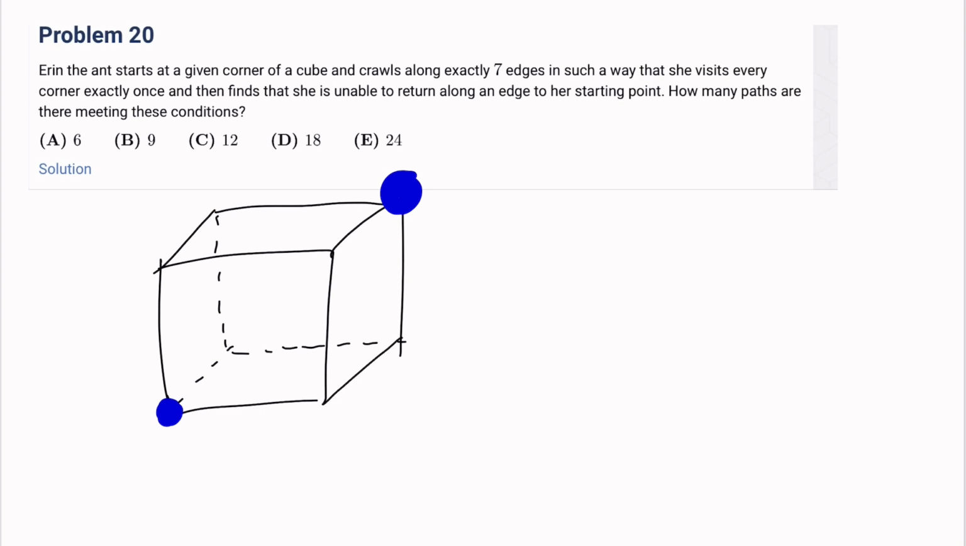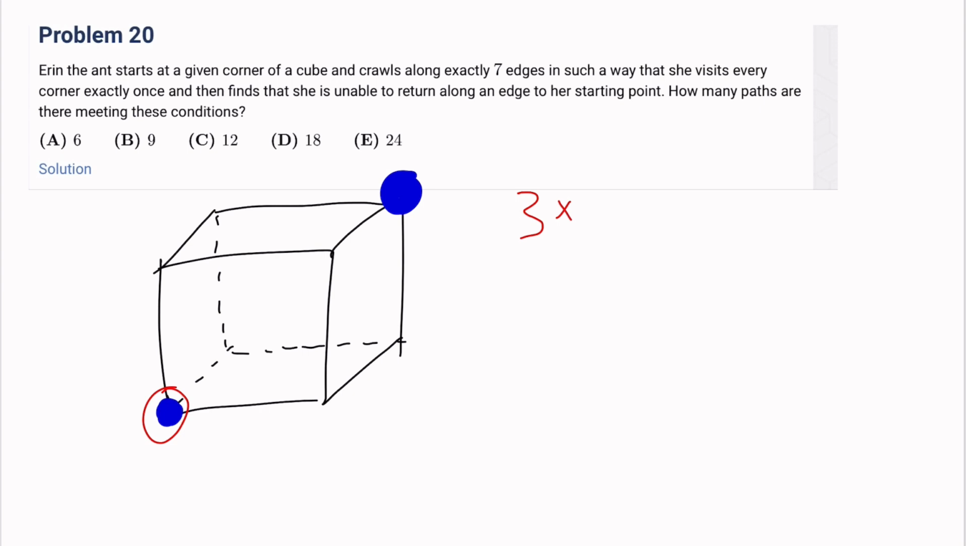Yeah, so first we have to get the number of paths that meet these conditions. To go from the starting point, any way that Erin chooses is all the same, right? Because she can choose either this way or this way or this way, and they are all the same. If you rotate the cube a little, it will just be the same thing. So it's 3 possible ways,